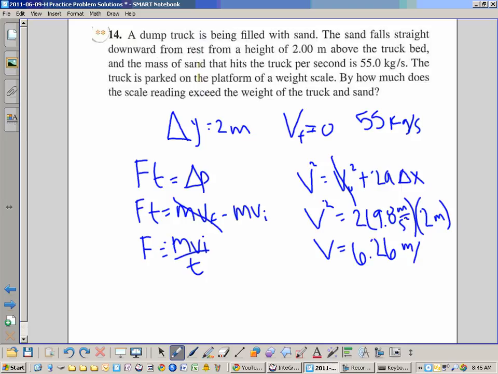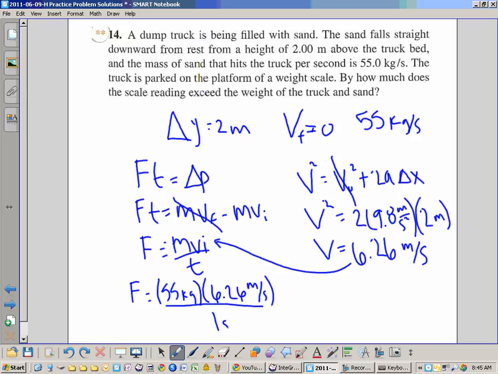Meters per second. And then we've got 55 kilograms times 6.26 meters per second over 1 second. Consequently, 300